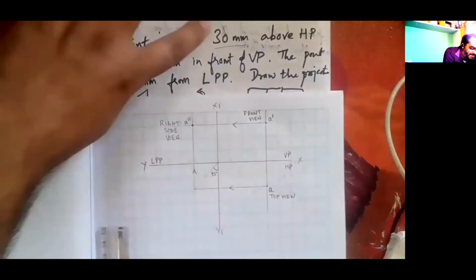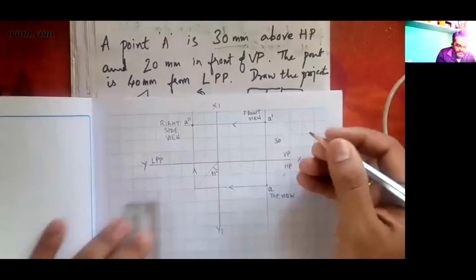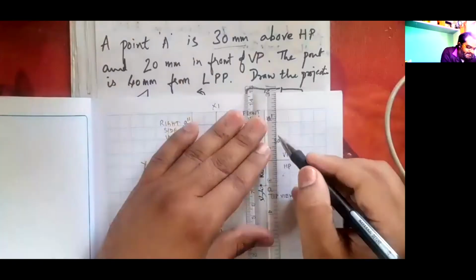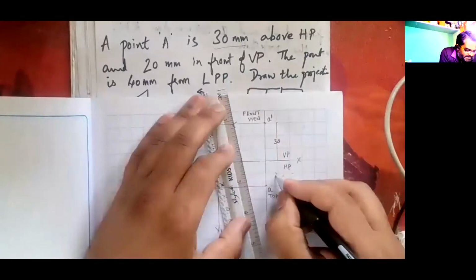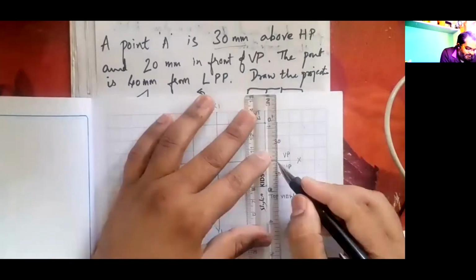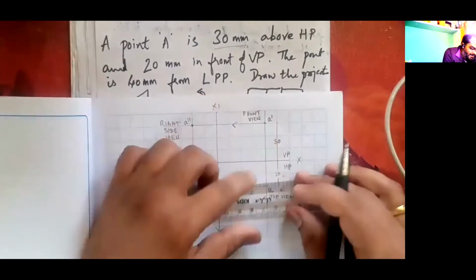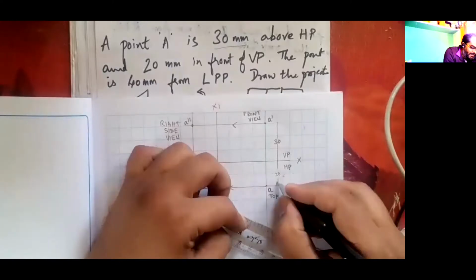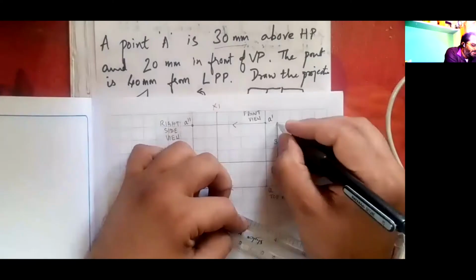First dimension, the number printed in the question as it is given to you. For dimensioning, I'll be using this 0.5 mm pencil. 20 mm, because it is very clear and crisp and will be good in representation. 20 and 30 I have dimensioned. 30 is over. 20 is over.